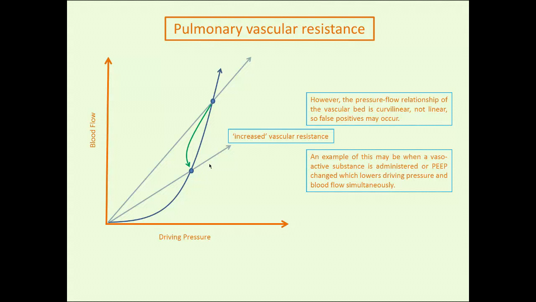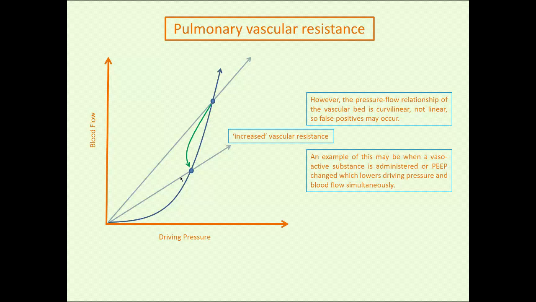If you were to calculate simply driving pressure over flow, you would now have a slope, or a value on the slope here, which would give you a calculated increased vascular resistance. But you can see that because this line is curvilinear, there's actually been absolutely no change in the properties of the pulmonary vascular bed. So this is particularly important, and you need to be on guard when you're making changes,